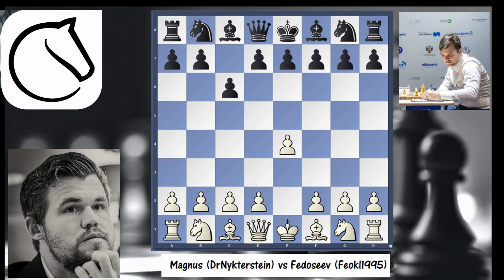This is a fantastic game played a few days ago by Magnus Carlsen, white, against Fedoseev, black, online. So Magnus goes with e4 and then there was a Caro-Kann. But then d3 was played, and here white will be happy if black were to take on e4 because you go